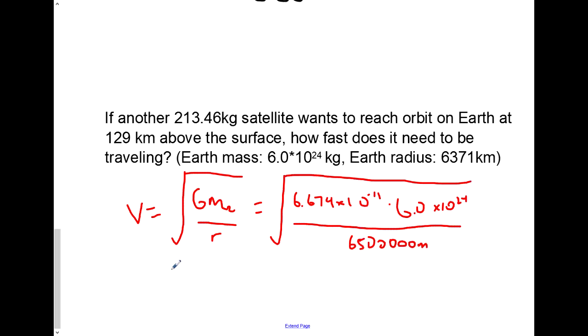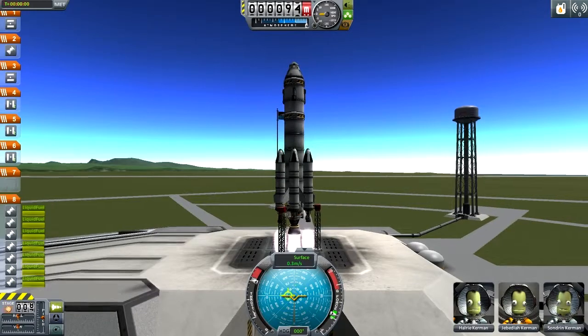At this point, it's simple. You get that the velocity is equal to about 7,800 meters per second, which is